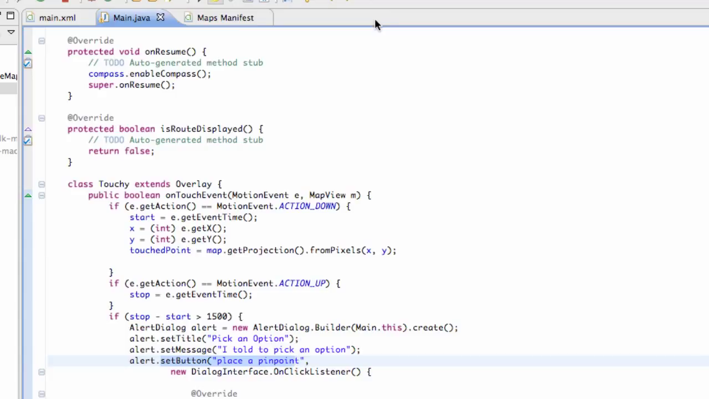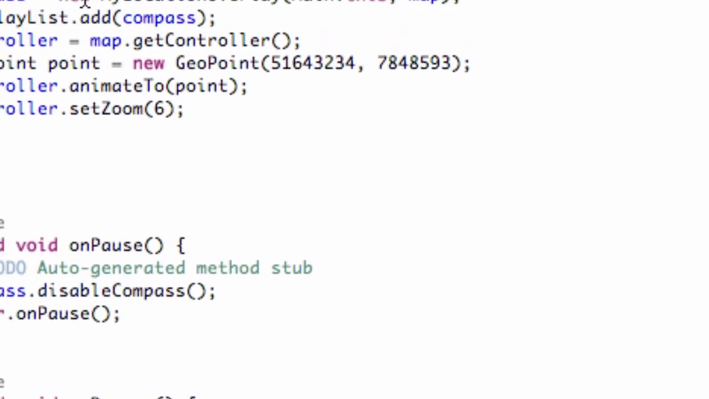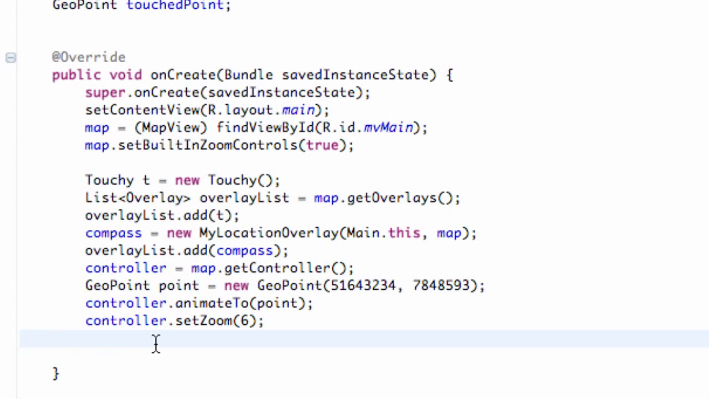But there we go. We're pretty much done with that custom pinpoint class, and now we can refer to it within our main class, or actually within our touchy overlay class, which is within our main class. We're going to do that within the onCreate method. Remember, we have a constructor for that custom pinpoint class that takes in a drawable, and it also takes in a context. So we're going to scroll up to our onCreate method of our main class and create a drawable